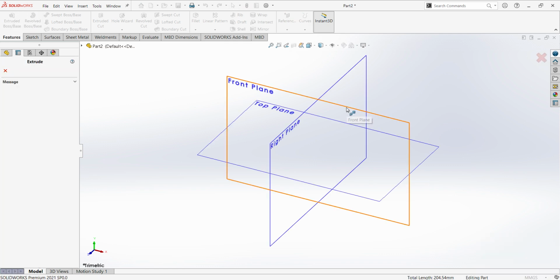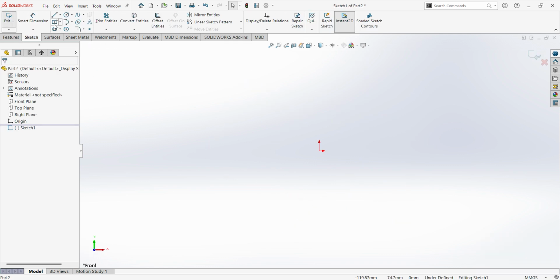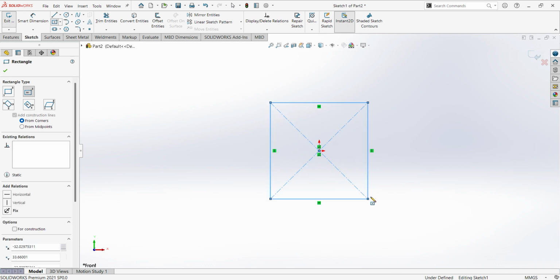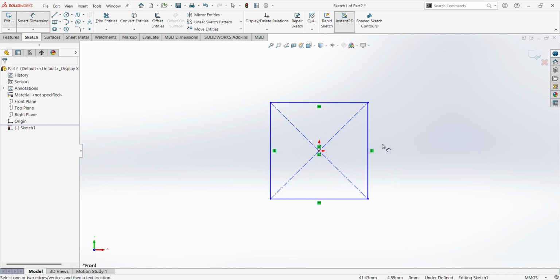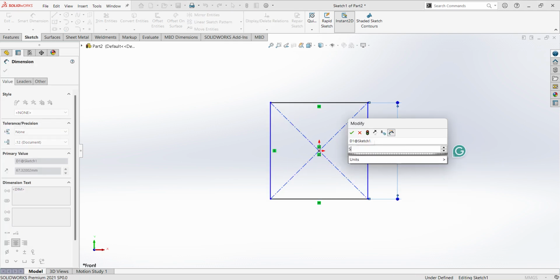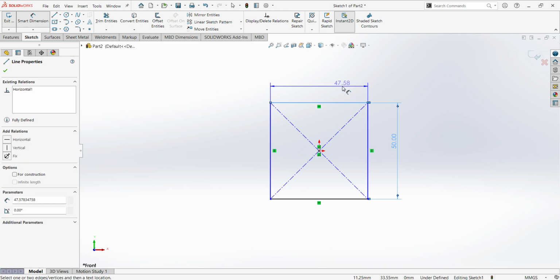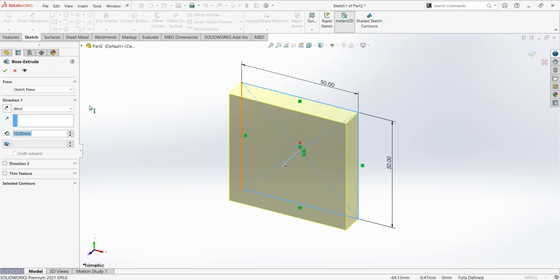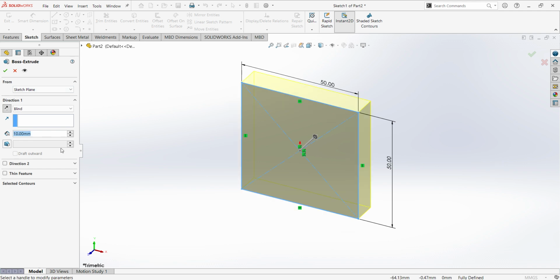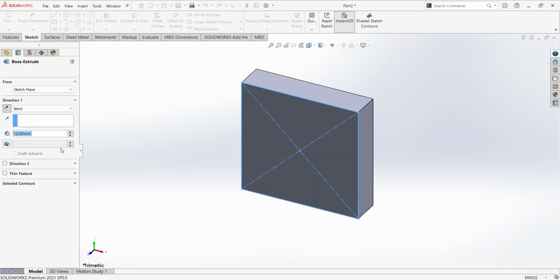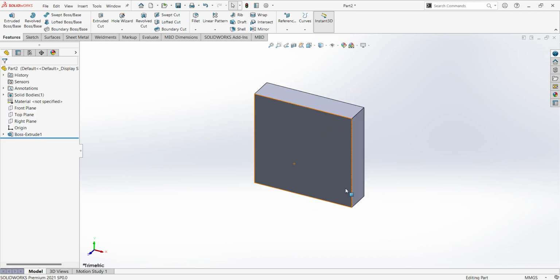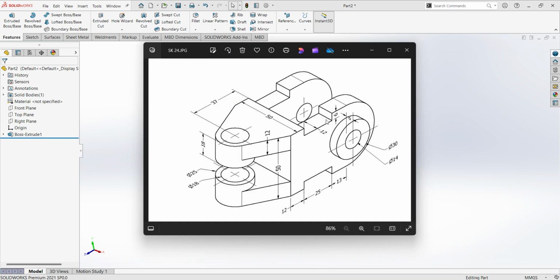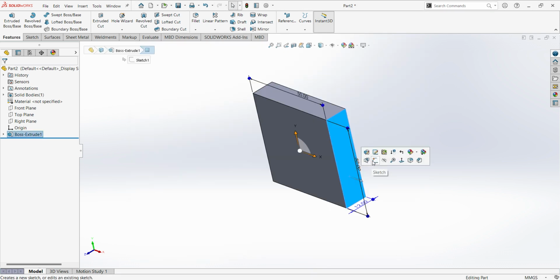Select extrude, select front plane, create on center rectangle, dimension is 50 by 50. Extrude up to 12 mm. Next, there is a flange on both sides. This surface, sketch,